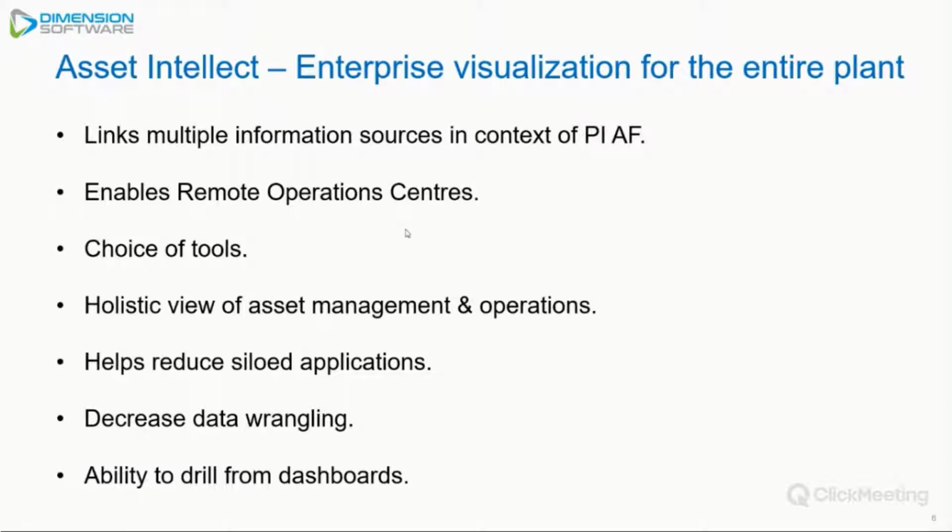We need to see the maintenance records. We need to see the PNIDs. We need access to other databases. We need to be able to go out and, in context of our OT or our Pi data, to be able to easily display the other